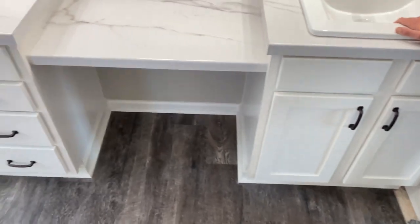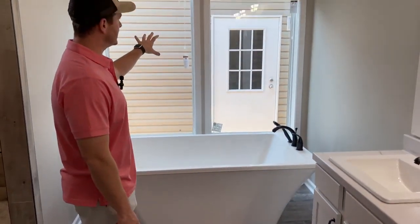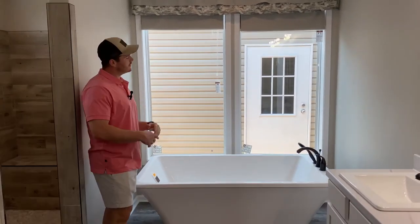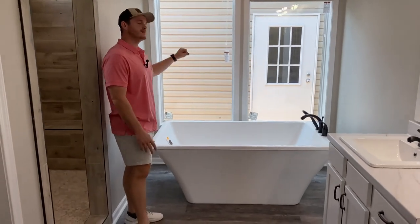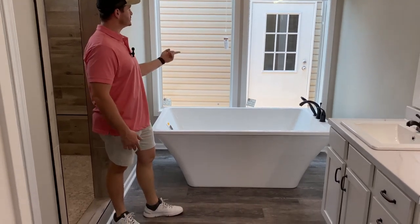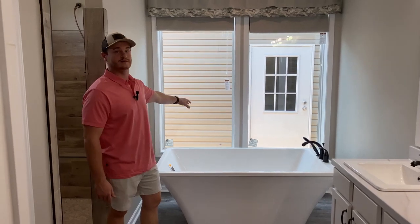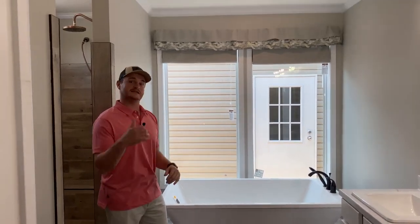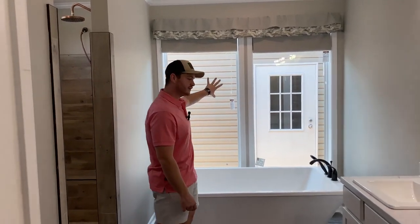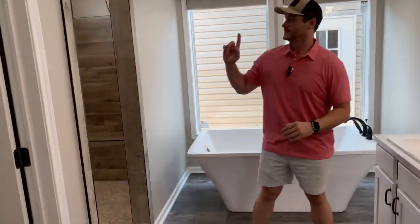The other cool features in this is the standalone tub with the fixed glass windows behind it. And those do come down. We know that a lot of people are like, why would you have the windows behind it? You might not have neighbors behind you, and you want to be able to see out back. And this allows you to do that. If you don't want windows there because you have neighbors around you, take them out. We can do little transom windows, and you'll see that once we get to this shower here in a second. But that's a very cool feature. A lot of people have started doing this, so we wanted to incorporate that into the Decatur. Now over here,